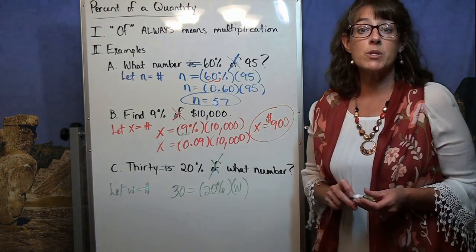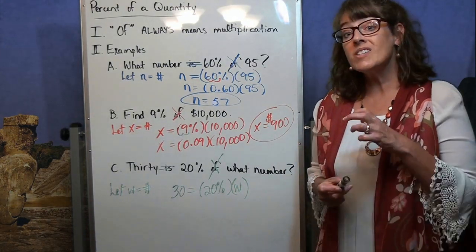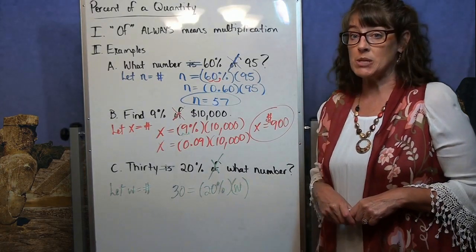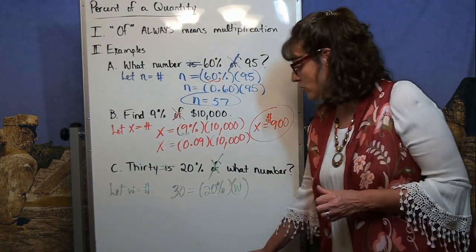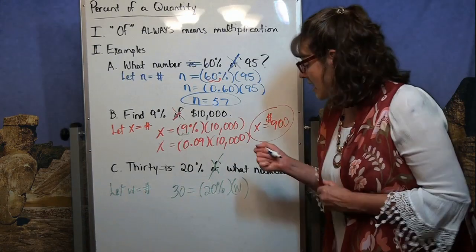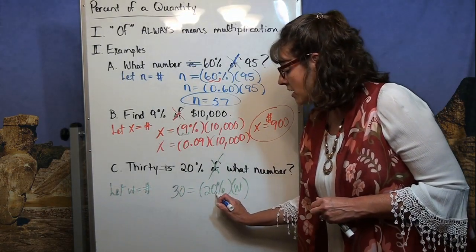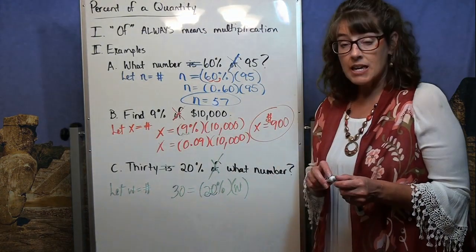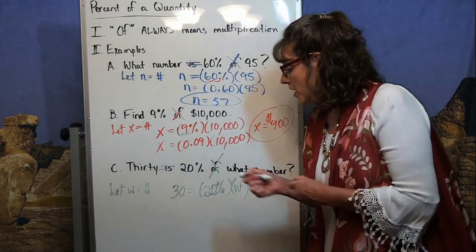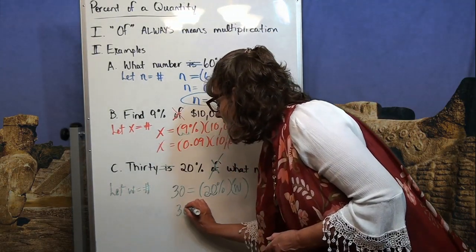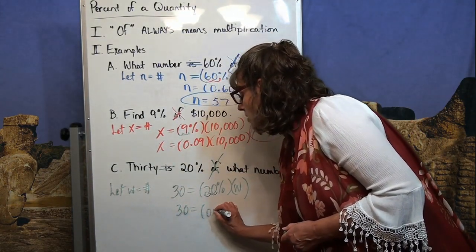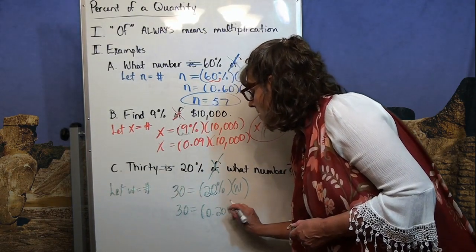And I'm going to take 20% times that number. Once again, I cannot use 20% as a percentage. I've got to turn that into a decimal. Once again, take the decimal point that's currently sitting here, kick it back 2 to the left, giving me 0.20. So now what I have is 30 equals 0.20 times that W, and I'm going to go ahead and get